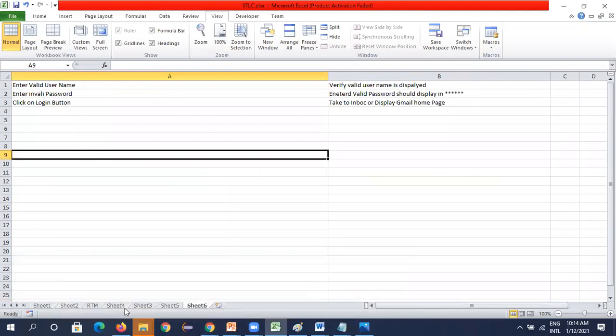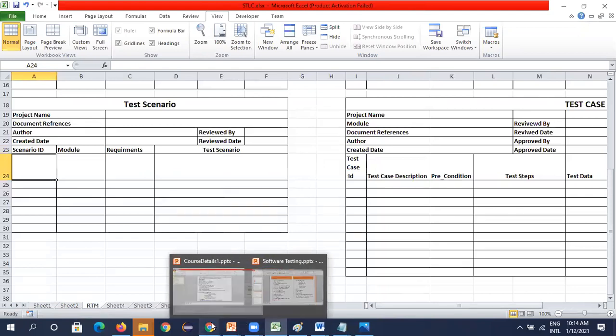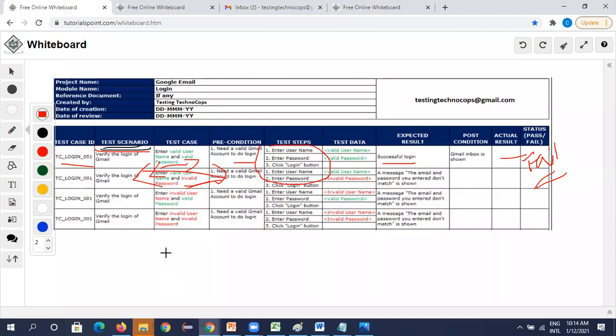Okay, my question is, we are talking about 4 test scenarios, right? Here only one test scenario is there. What I mean is 4 test cases for a test scenario.